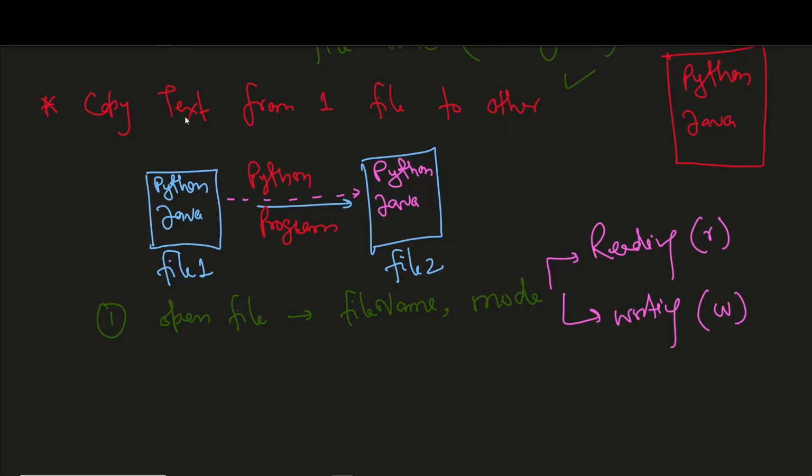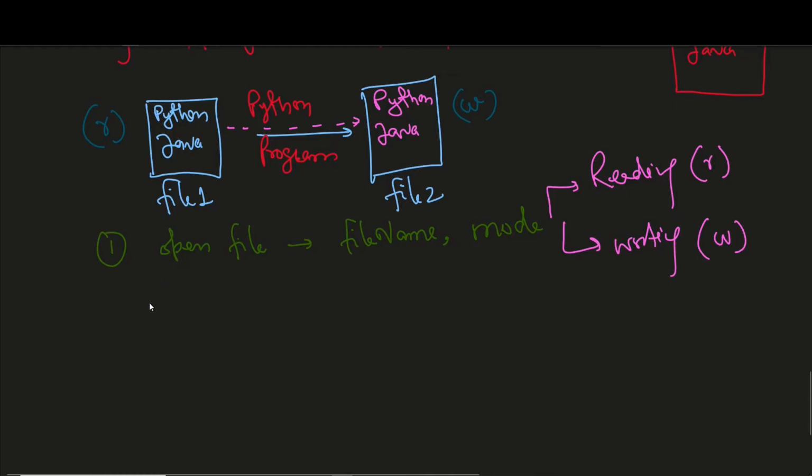So what we can do is open this file in read mode and open the other file in write only mode. Let's start with the first one. We'll use the with statement: with open, and we'll write the file name here. Consider it as a variable which has the name of the file, so don't worry much about it. So with open, file name, R as file1, or you can write f1 only.